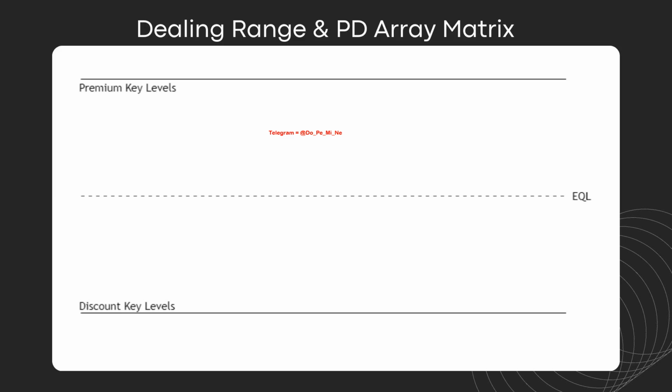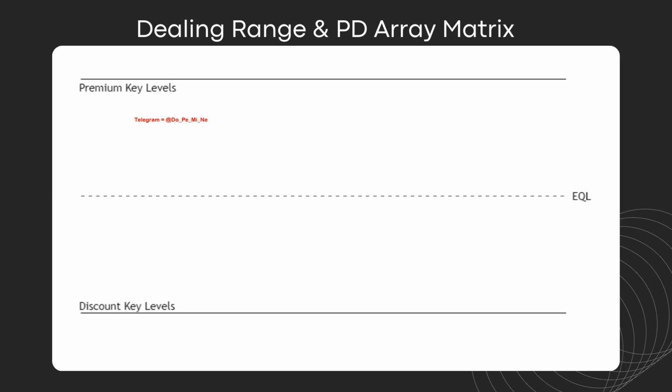Now, this dealing range or PDRA matrix will be used to filter out key levels, right? And will be used to choose or select the correct key level based on the market condition that we are in. For example, if we are in a bullish market, then our main priority or concern will be the key levels inside the discount region or near the equilibrium,